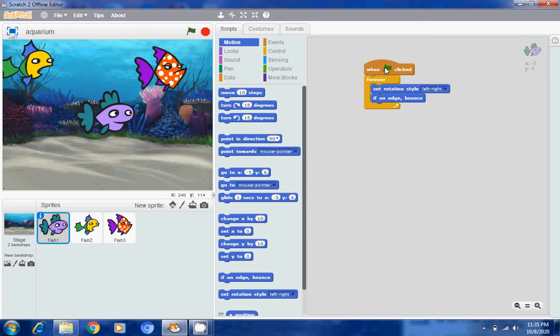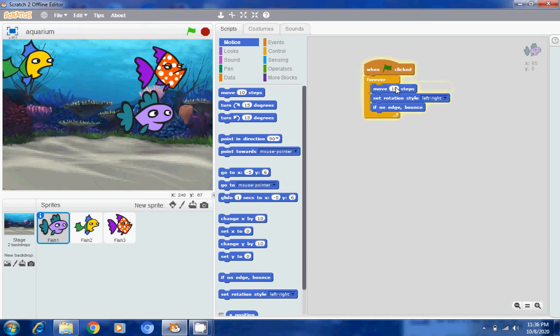Okay, so let's run it once. Why is it not moving? What is the problem? We forgot, first here we have to give move. If we do not move it, how will it move? We forgot this, so we have to give move 10 steps.